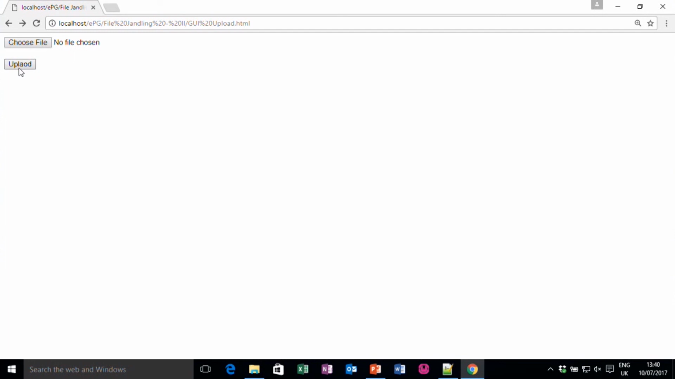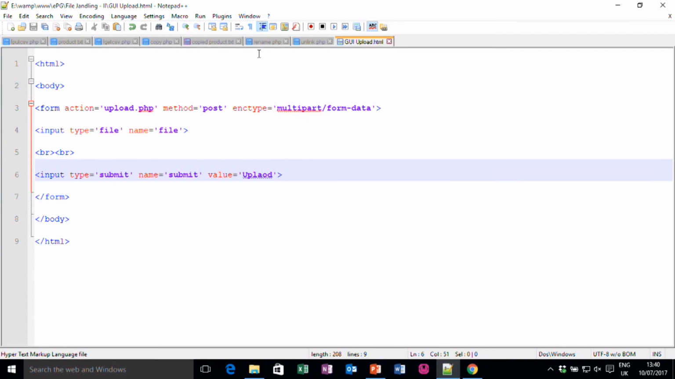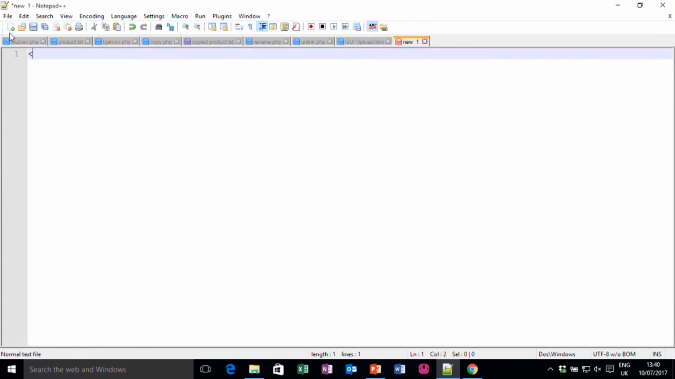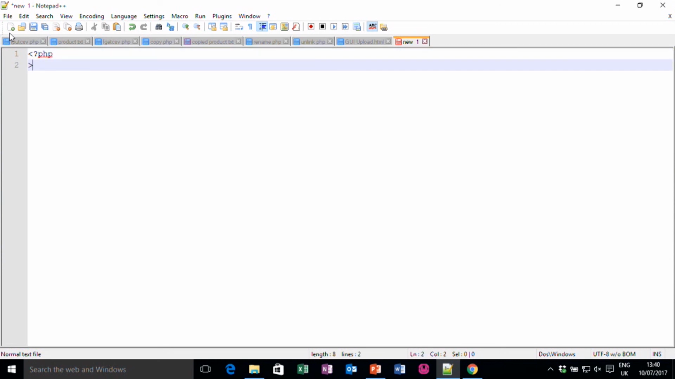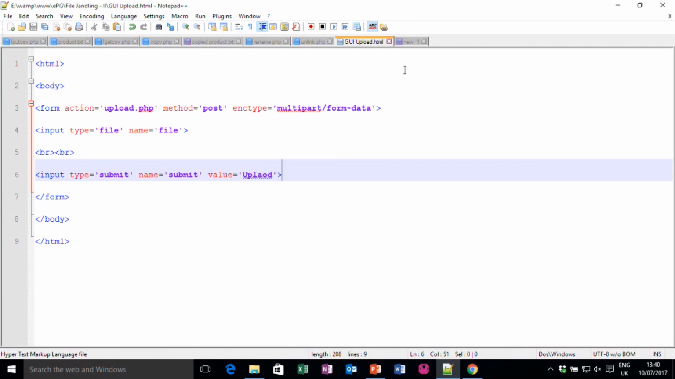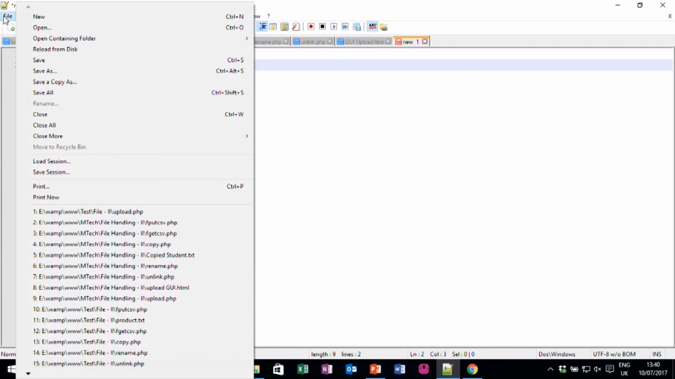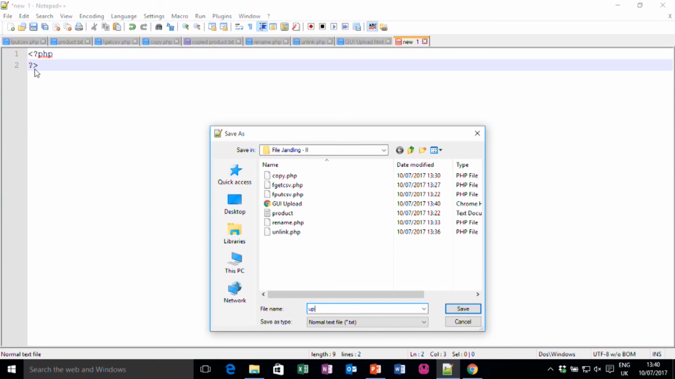Actually, to upload a file, you have to write code in a PHP file, which I am beginning to write now. So, the file name which I create in PHP must be upload.php, as I defined here in the action, it is upload. So, the file name must be upload.php. Let me save this file, save as